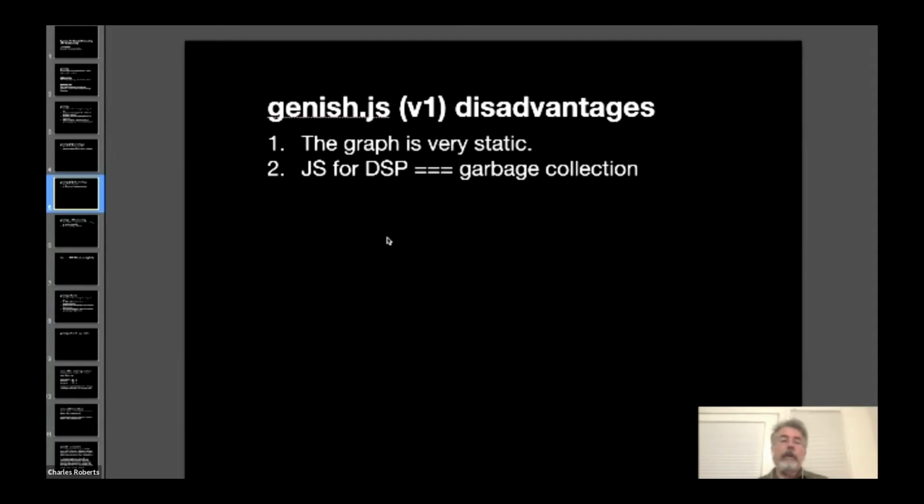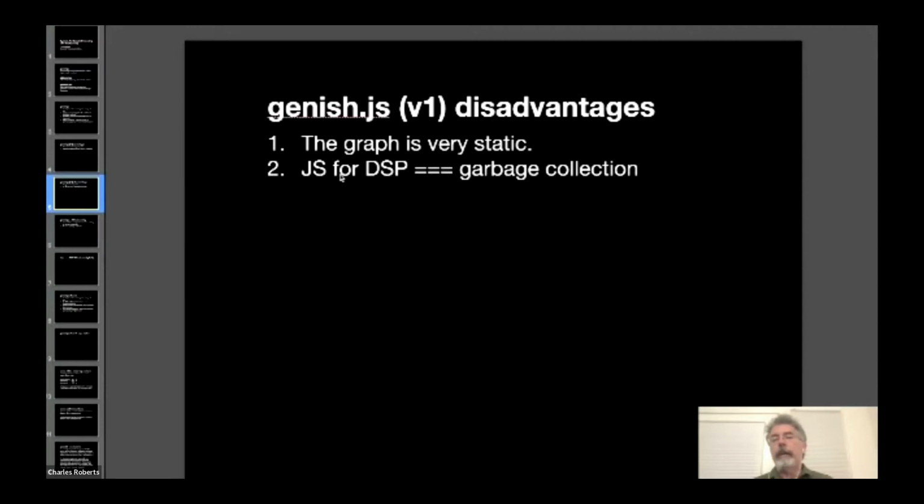The other problem that's already been mentioned by Gerard and others is this garbage collection when you're using JS. Genish has a single static memory heap that it uses for all of its DSP memory, but there's still only so much you can do to avoid garbage collection, which is something else that can potentially cause audio dropouts. So for these two reasons,